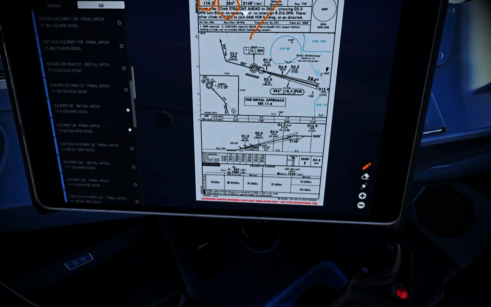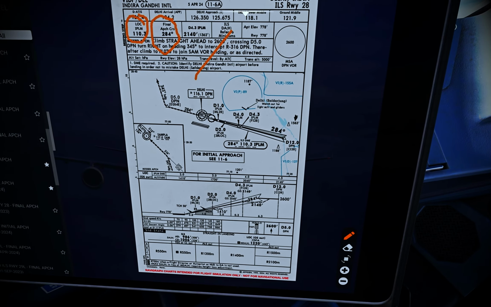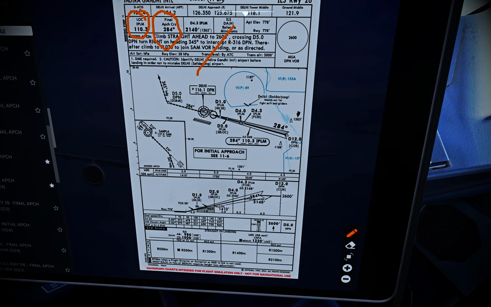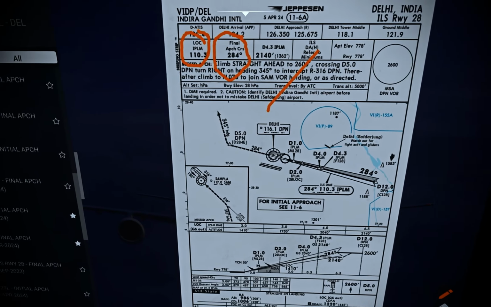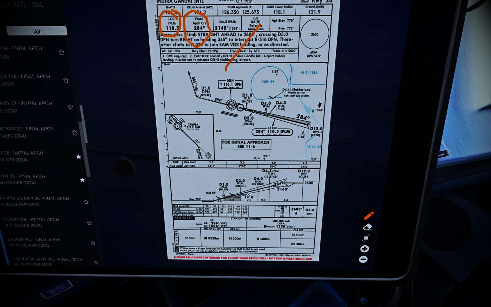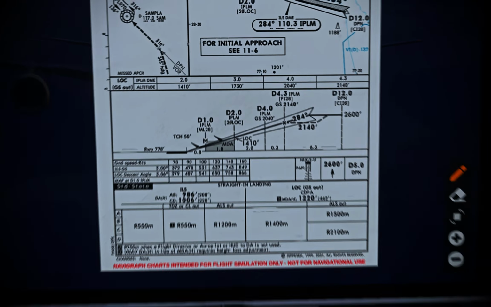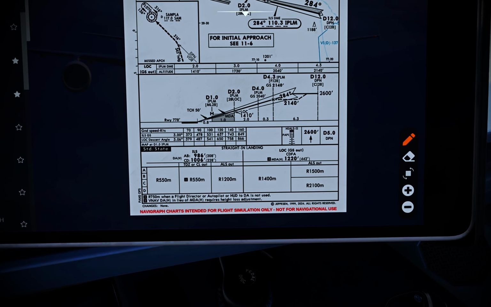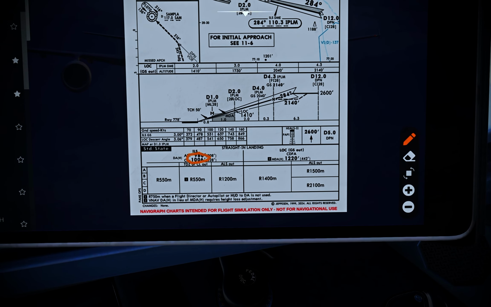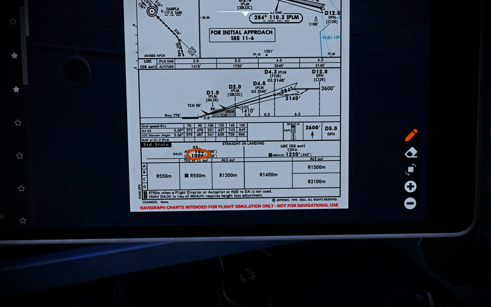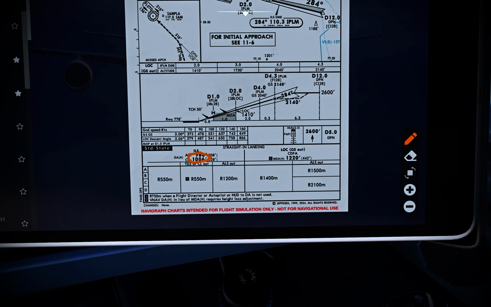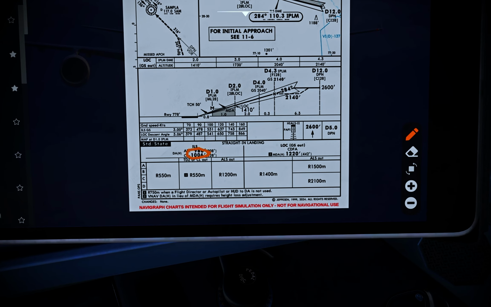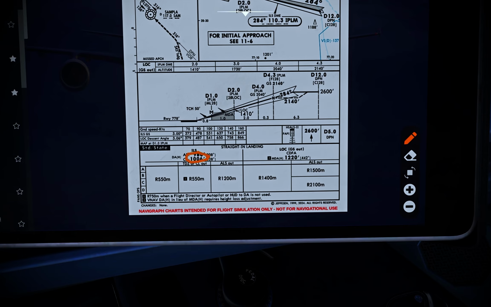So this is, you can see, the plan view. You have to be at 284 course, and this will be the vertical profile. You can see it very carefully. I hope people watching this video know how to read the IFR chart. Other than that, we are a category C aircraft, so our minimums will be 1006. I'll show you where to put that as well. And RVR of 550, and not required for the localizer. And we have a 3-degree glide path, as I told you, for the